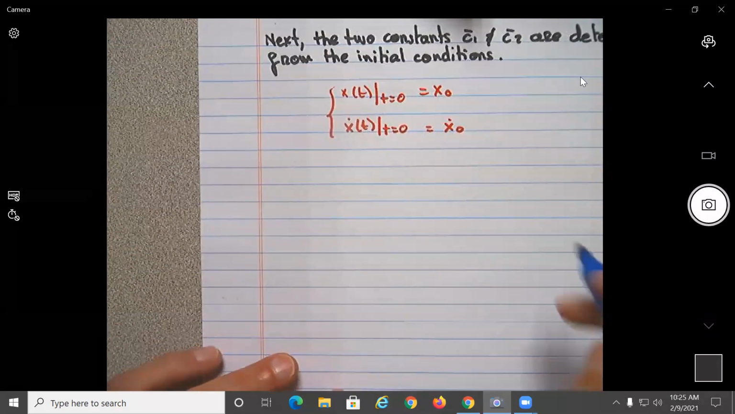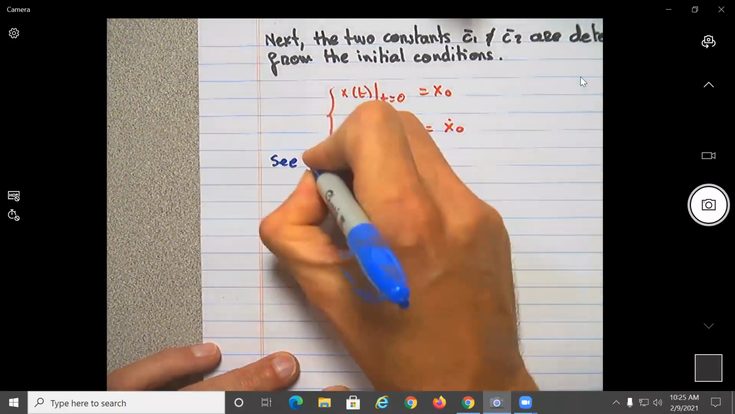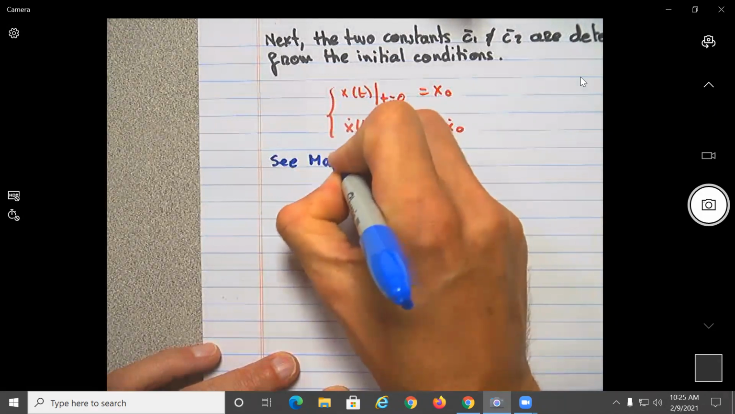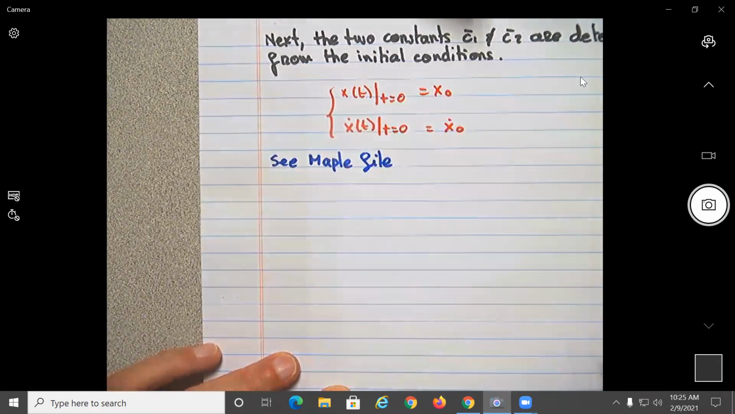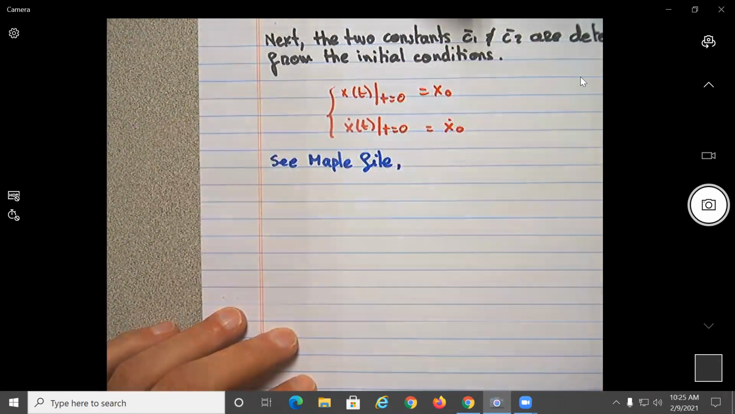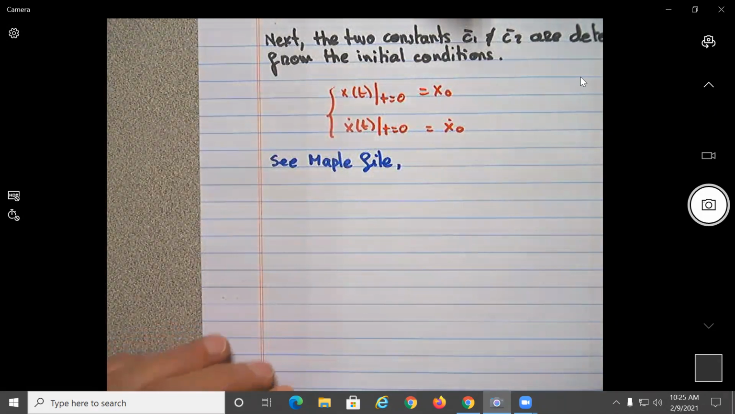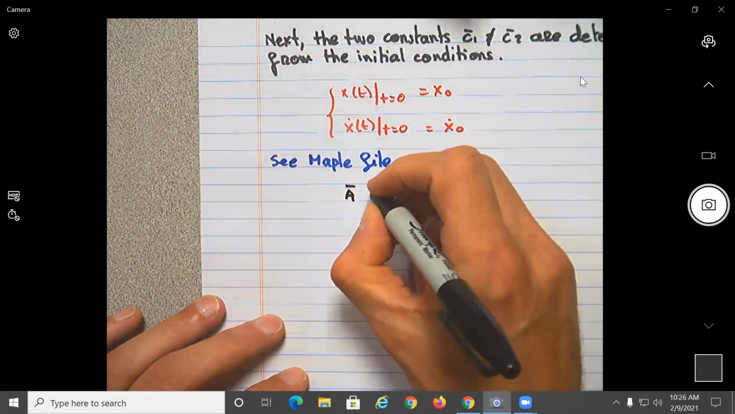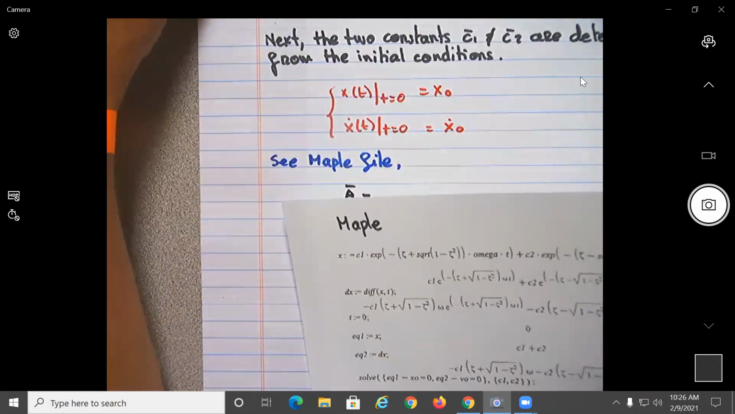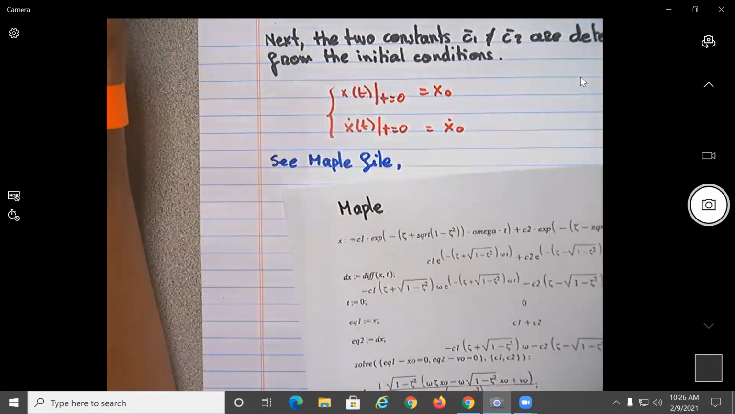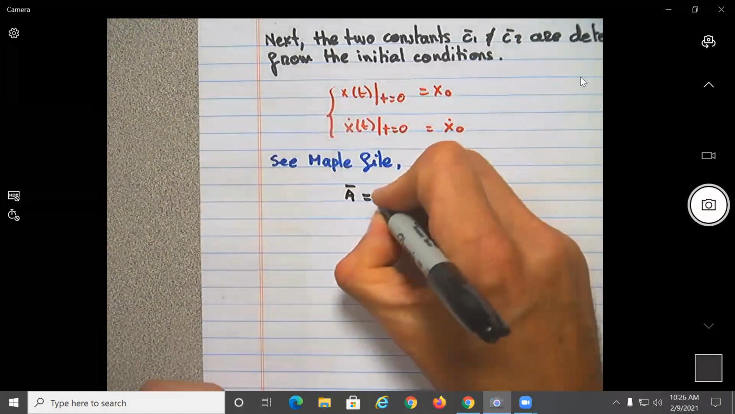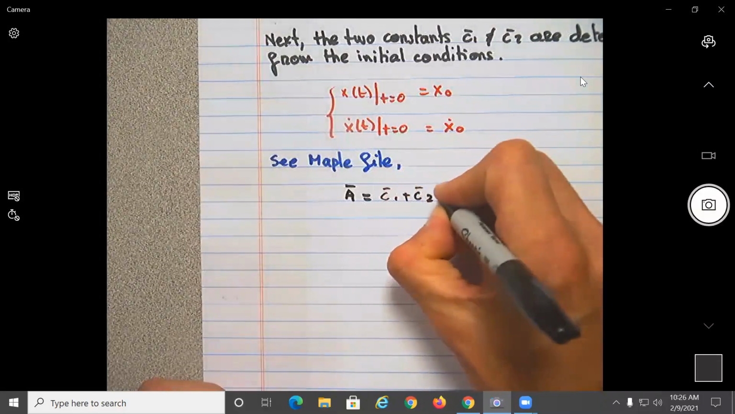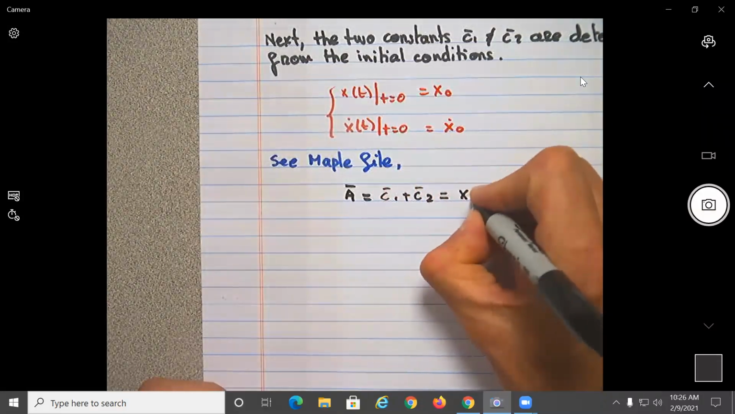So, from the Maple file we got that A bar, which is equal to what? C1 plus C2, C bar 1 plus C bar 2, will be equal to X sub naught,